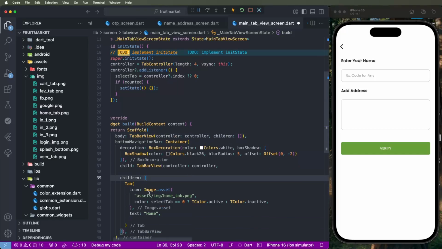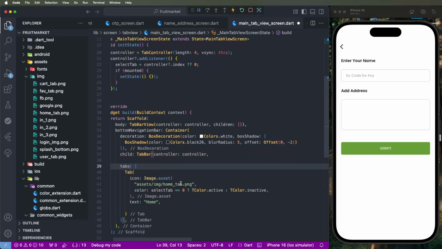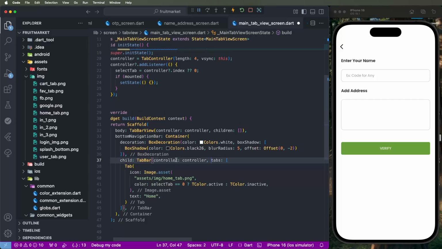We have mistakes here. We need only the tab bar, and we need to set the tabs here. About that, we made a mistake here. We need to fix this. Now